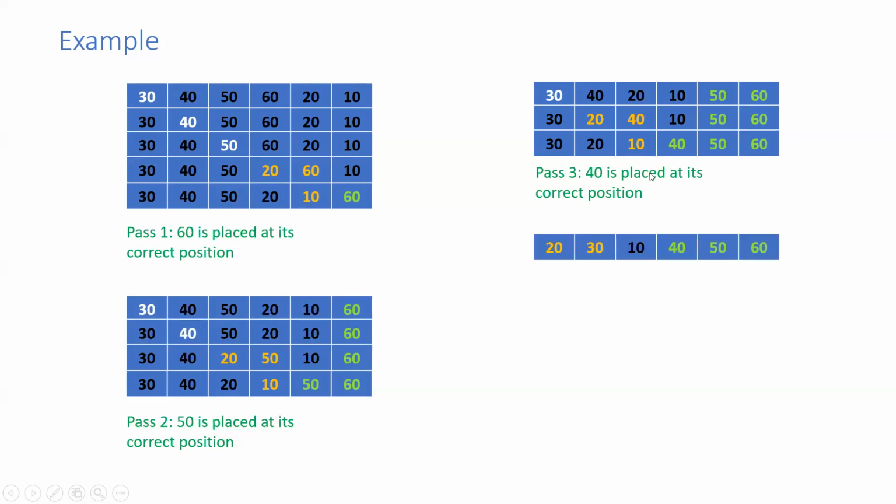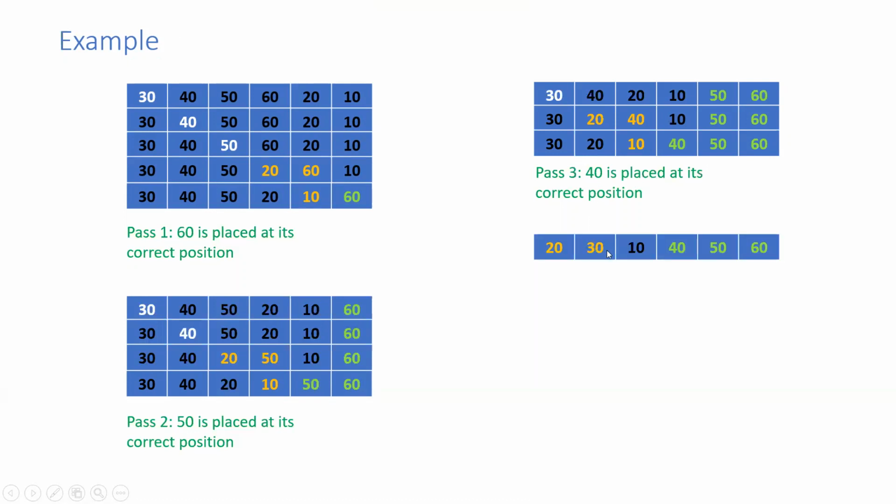And we'll continue the process for the rest of the elements. So this is the current position of the elements in the array. And what we wanted to do, we'll again pick up the first element in the array. Is 30 greater than 20? Yes, this time it is true. So we are going to swap those two values.